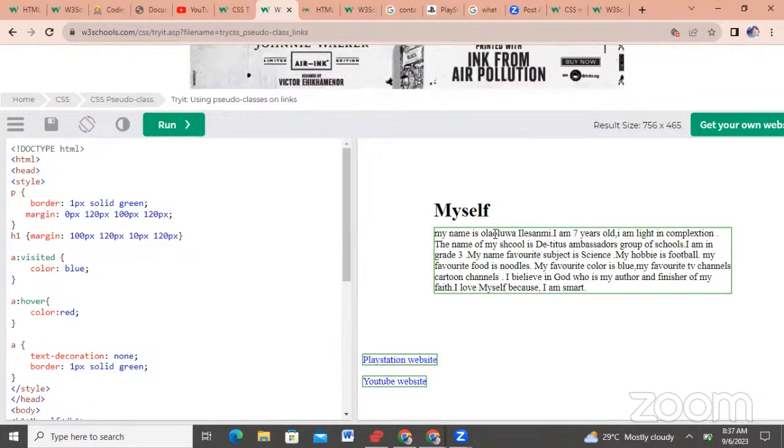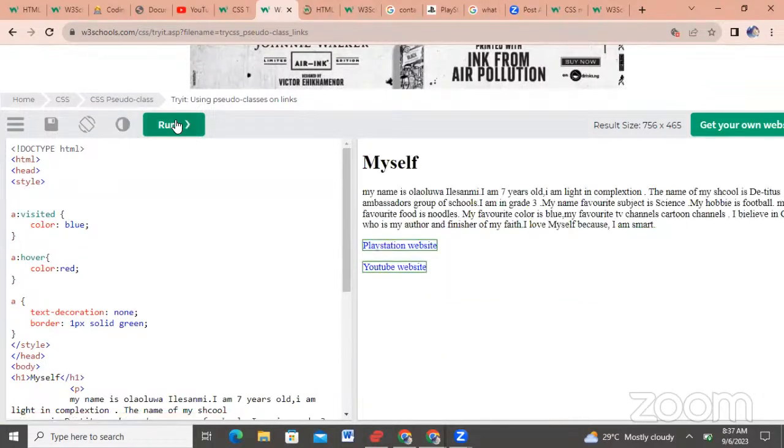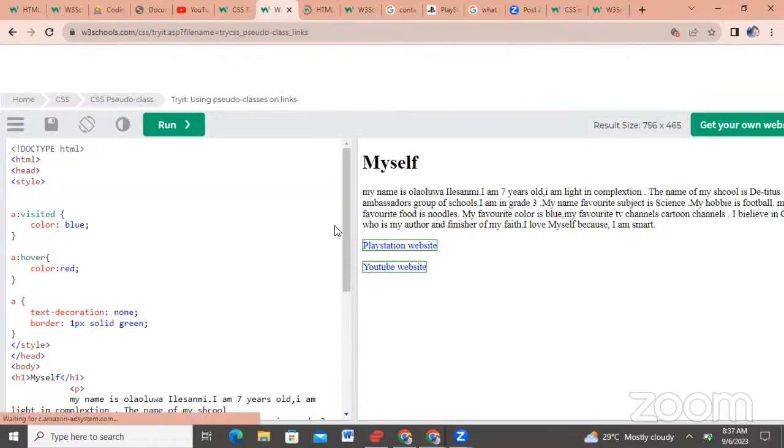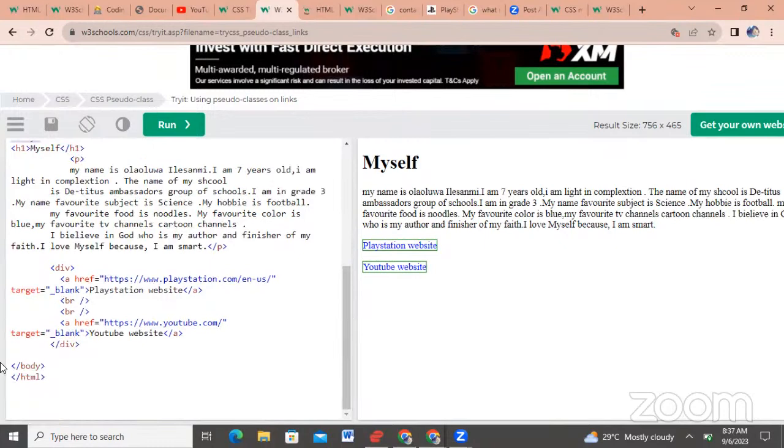Do you understand? Now, sometimes maybe you want to move your entire code. Maybe you want to move it to the middle. Let me show you what that means. Let me remove this. So now you want to move the entire code, right? Because the entire code is inside your body, everything is inside your body here. You can see starting from here down to this place here. All right. What you can do